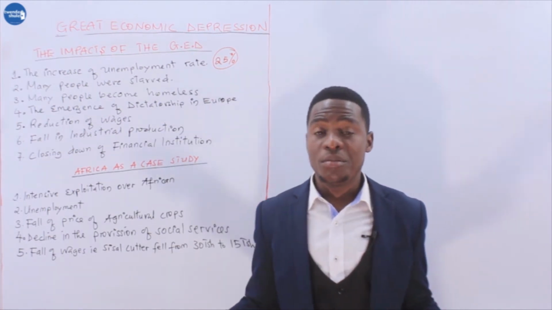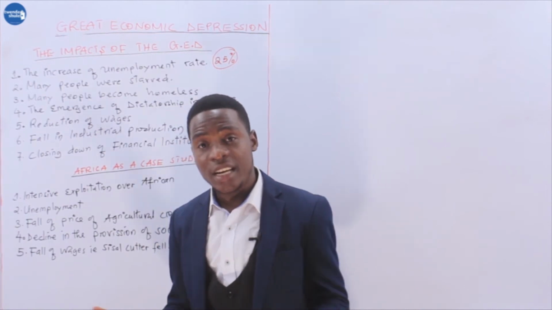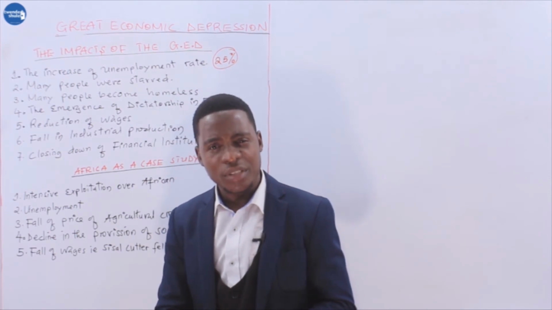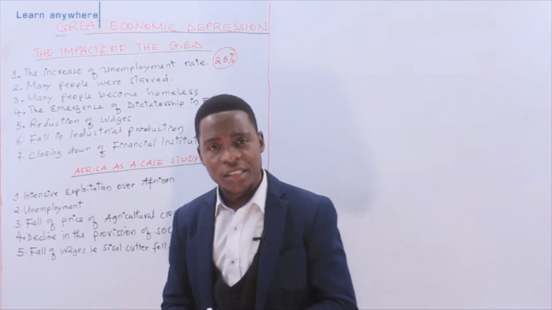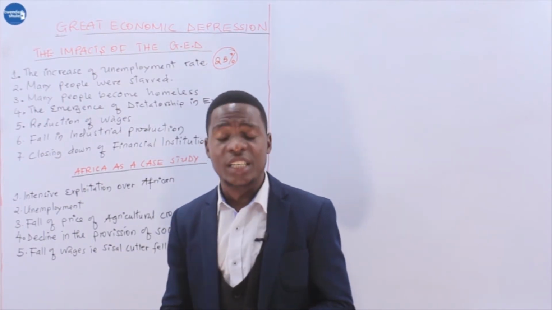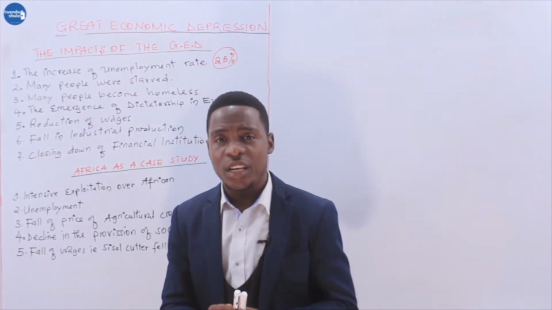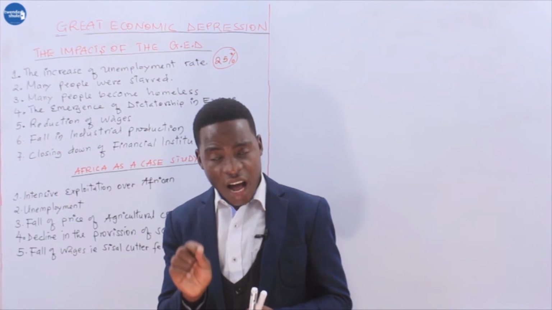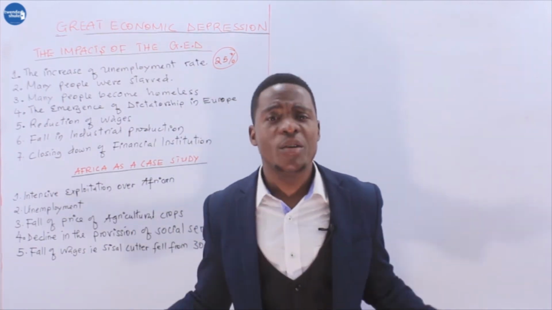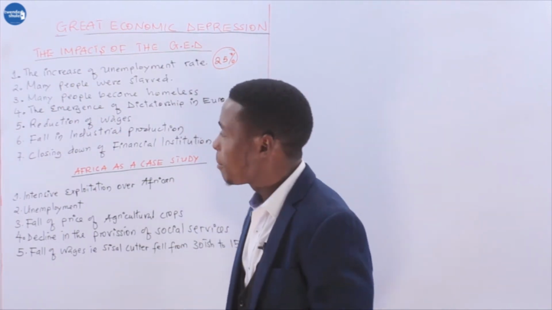Remember, people had no job. They had no money to purchase food. Maybe you are living with five children and a wife, you are chased away from your work, and you have no money to buy food. Millions of people starved. First, because agricultural activity declined, but also even the available food was not enough to feed the whole population. And even where there was food, people had no money to buy it. My friend, it was a very worst situation.